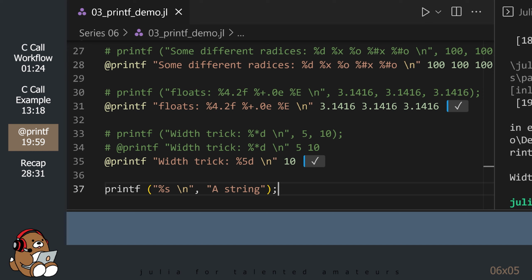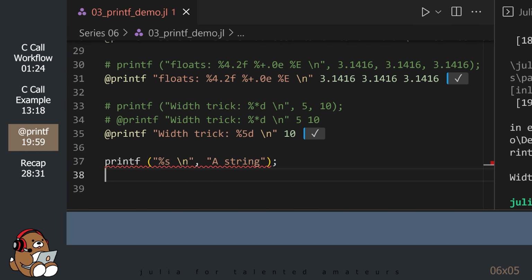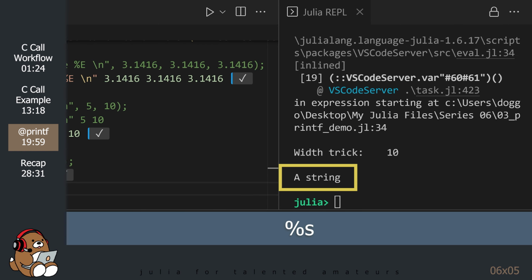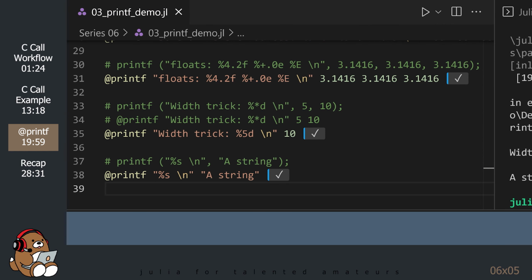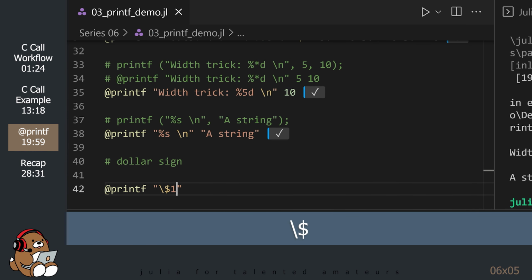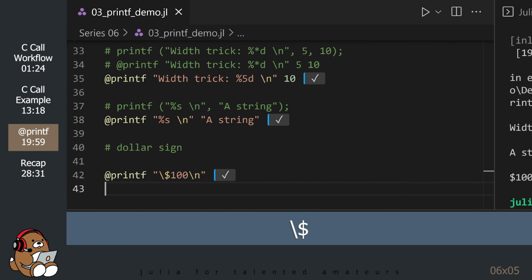And this final example you've seen before. It's the same as our Hello World example. There's a special case in Julia that I want to point out. Because the $ sign character is used for string interpolation in Julia, you need to use the \ escape character if you want to display a $ sign in Julia.